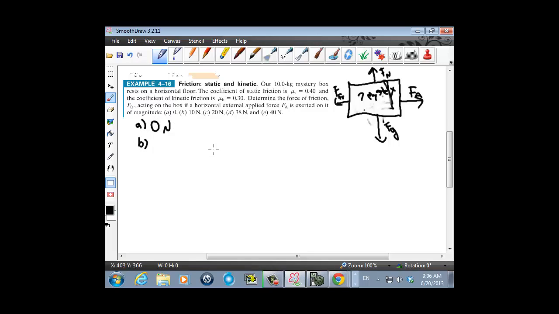Okay, B. Now, anytime you have a friction problem, somewhere you need to write that Fk, if it's kinetic friction, equals mu k times the normal force. If it's static friction, you write Fs is less